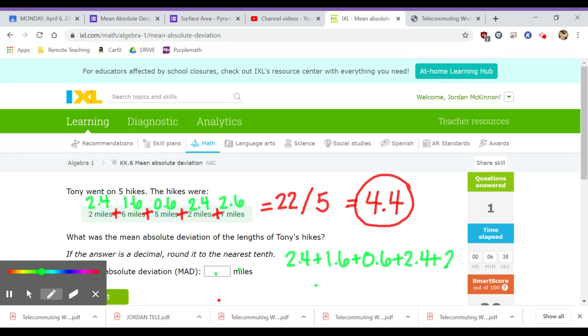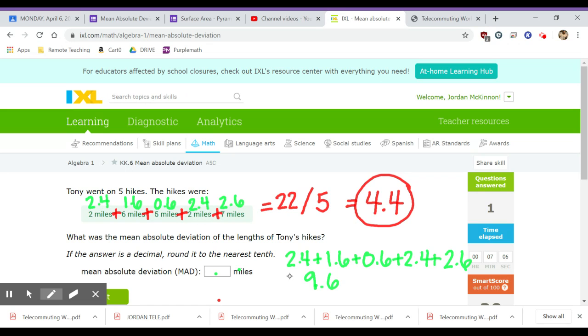Okay. 2.4 plus 1.6 plus 0.6 plus 2.4 plus 2.6. Okay, and that's going to equal